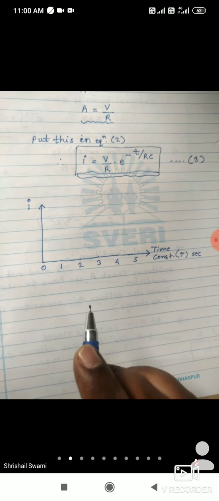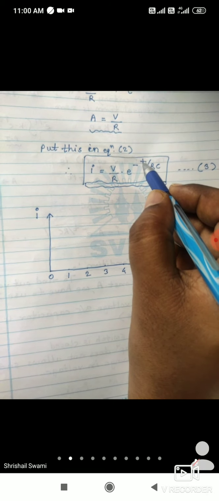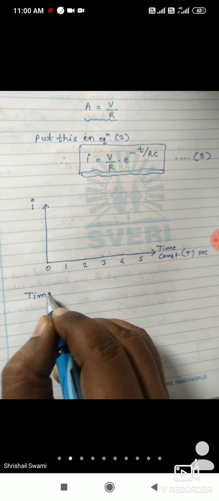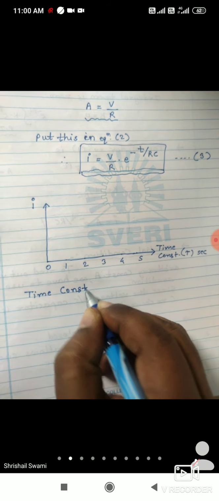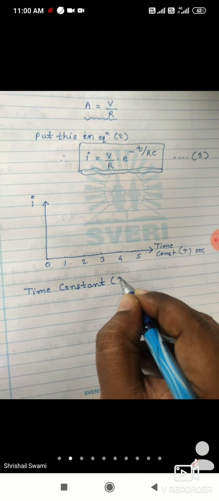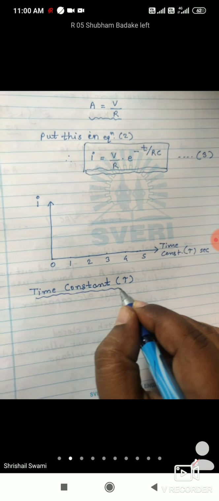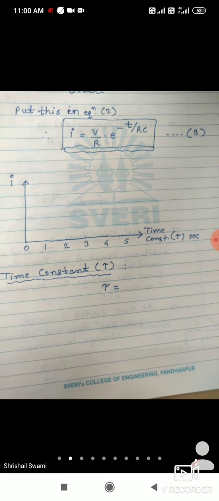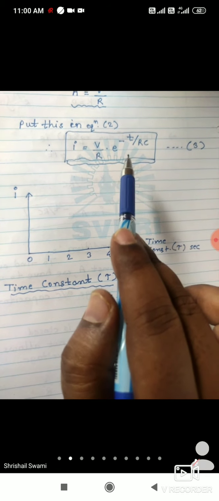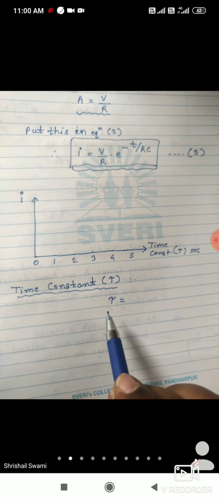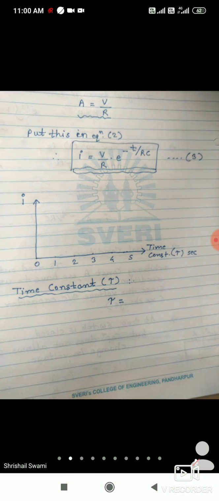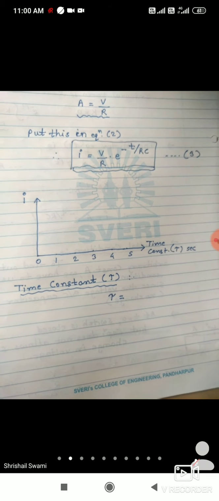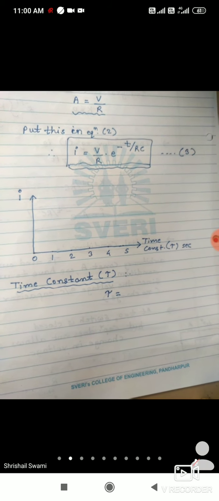So before drawing the graph, if you are putting t is equal to 0, time constant, I will first of all tell what is the meaning of time constant. So time constant is denoted as tau. For RL circuit it is L by R. For RC circuit, what will be the time constant formula? Anyone can tell by observing this equation, what will be the tau value here? काय असू शकेल tau value? Guess what will be the time constant for RC circuit?